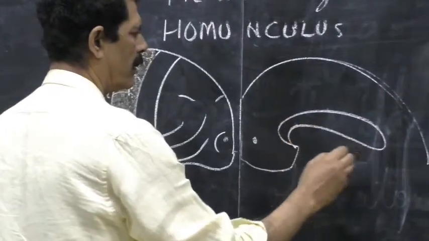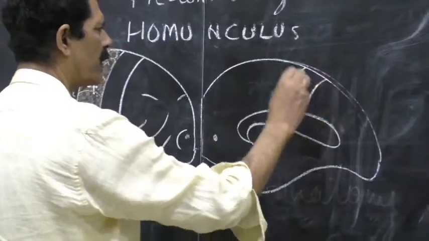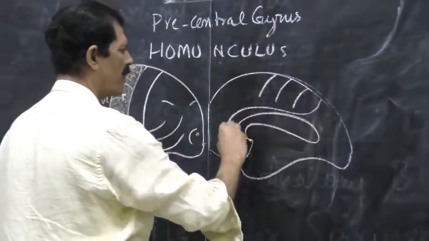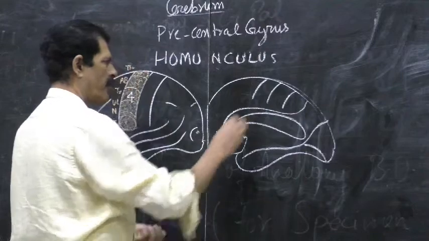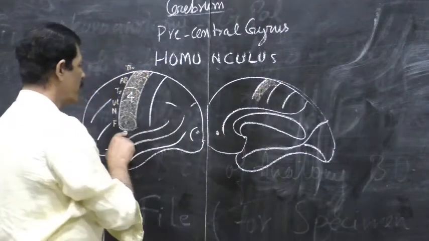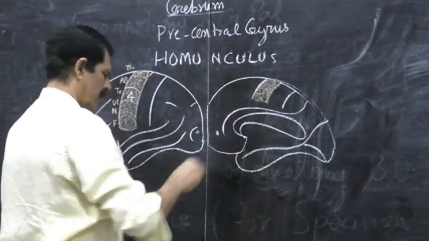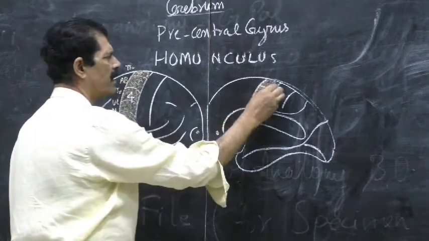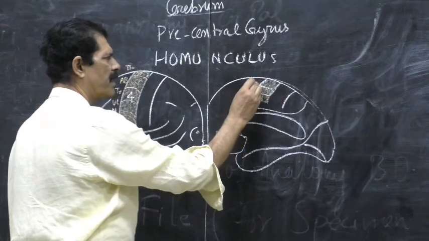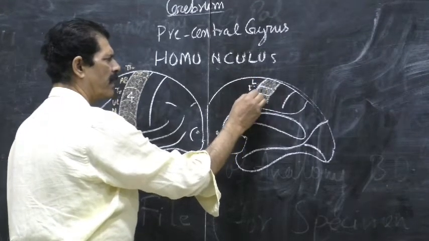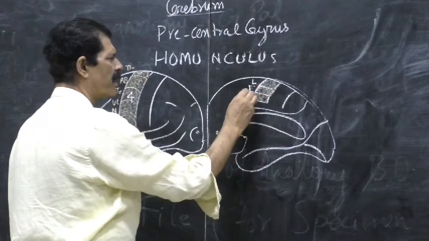leg and foot are represented on the medial surface, because the precentral gyrus also continues a little bit on the medial surface as well. So this is the precentral gyrus area. It starts from the superolateral surface, reaches the upper part, then continues on the medial surface a little bit. Because here also this area controls the muscles of the leg. Then this area of gray matter controls the muscles of the foot. And the last area of the precentral gyrus here controls the muscles of the perineum.